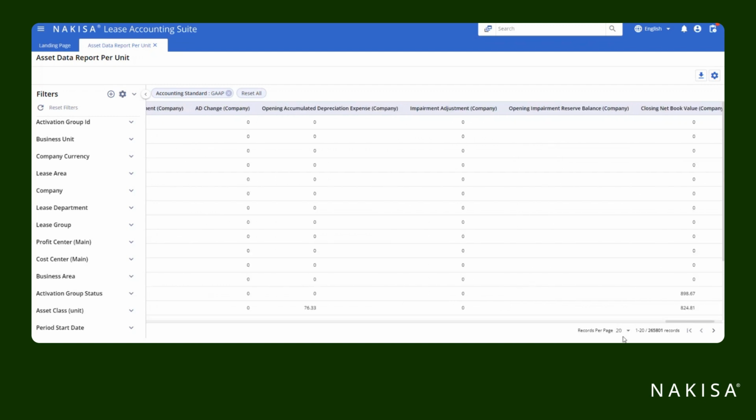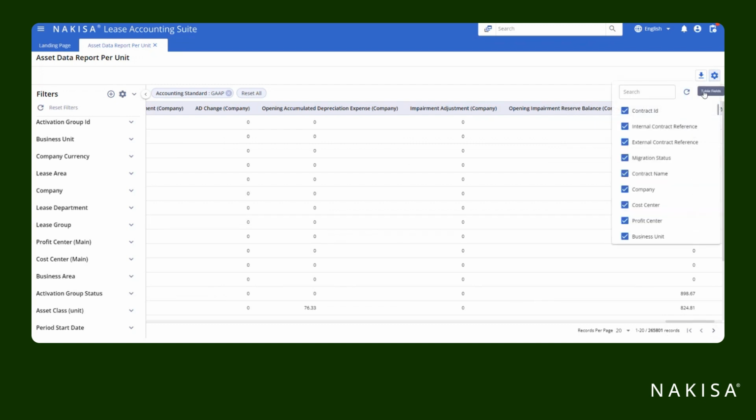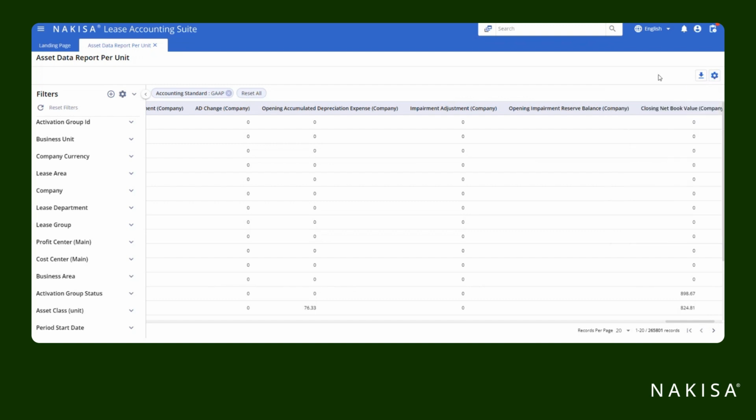So same thing at the bottom of this report, you can see different records. You can move to the next page. You can hide any of the columns which you don't want. And in future, we're going to add more capability where you can share this dashboard to other users who have access to this dashboard. And you can also export